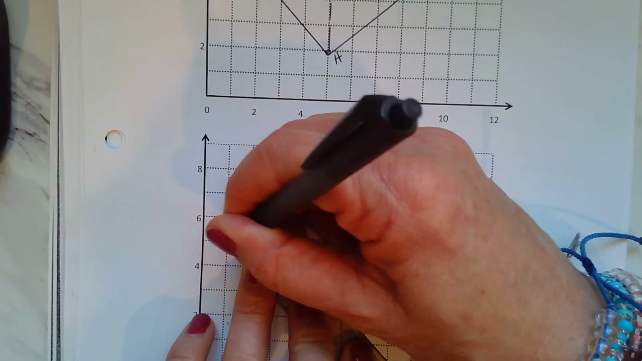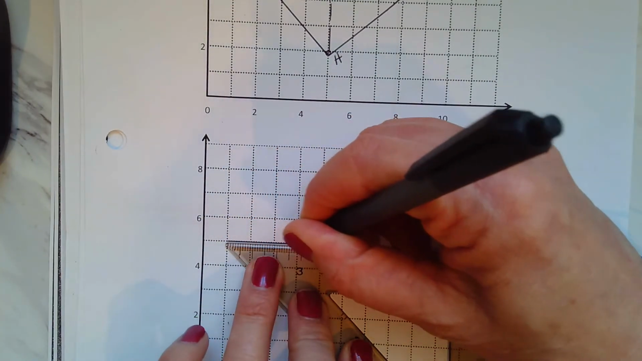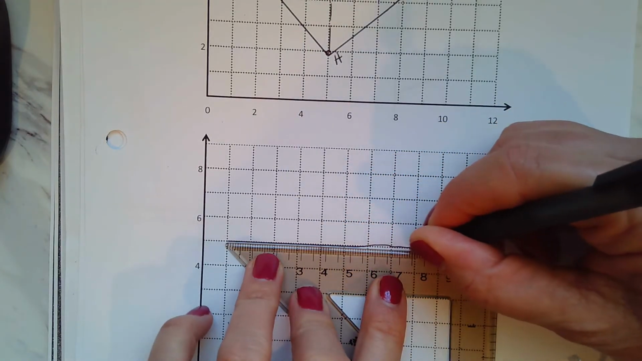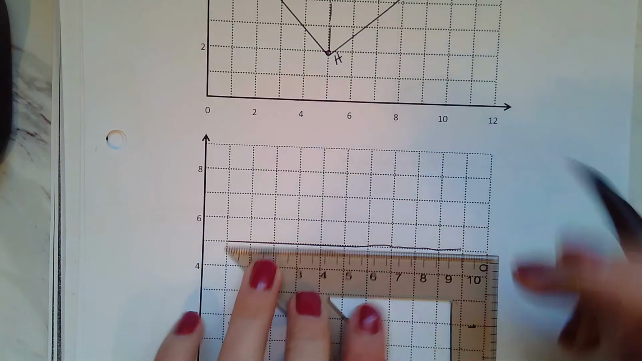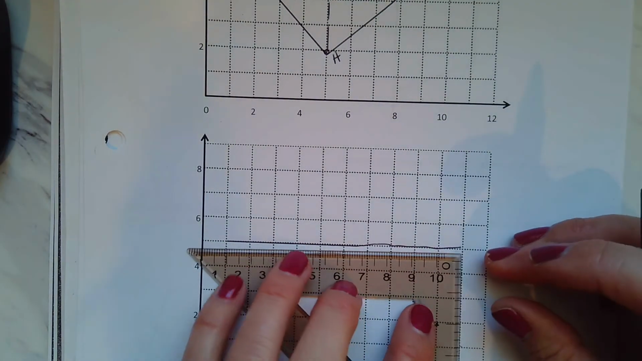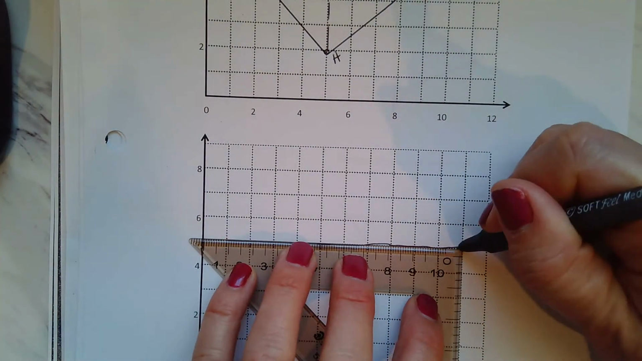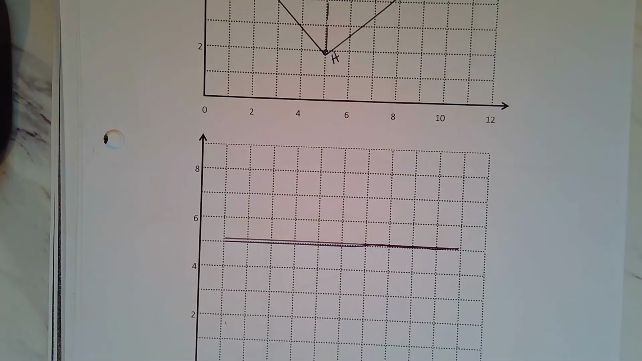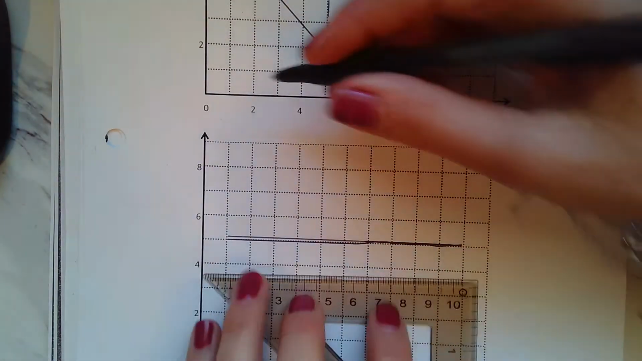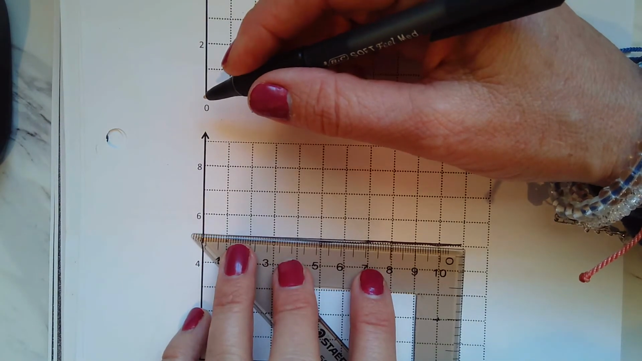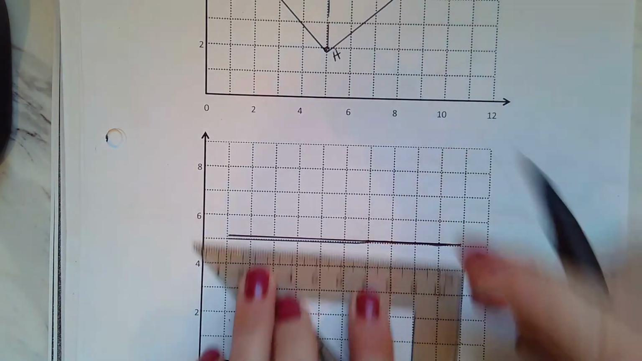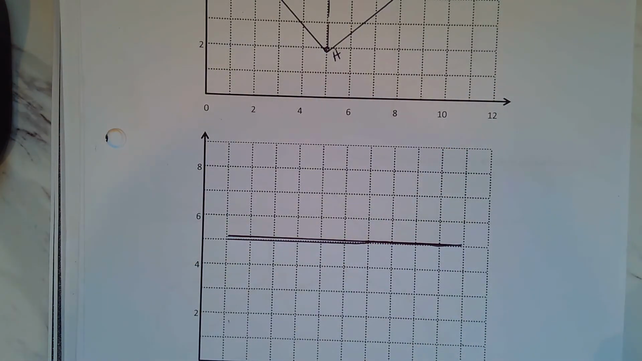So 1 unit, 2 units, 3 units, 4 units, 5 units, 6 units, 7 units, 8 units, 9 units, 10 units. I got a little squiggly there. Okay. I'm trying to make my line thicker. All right, so now we're going to make,